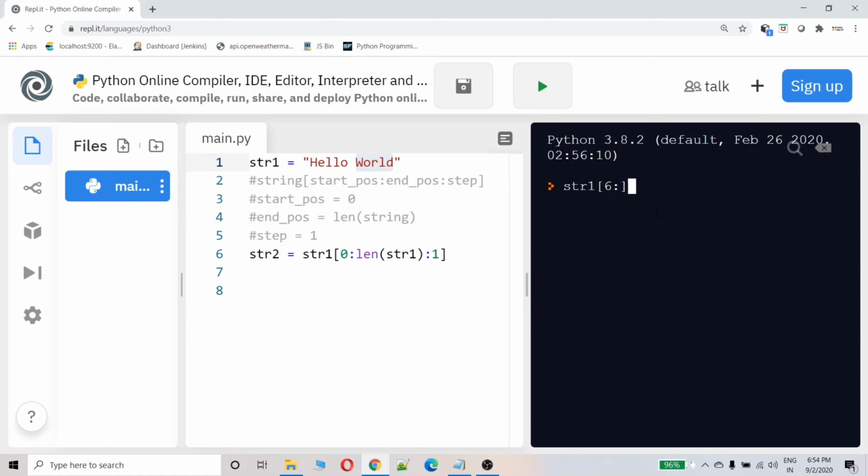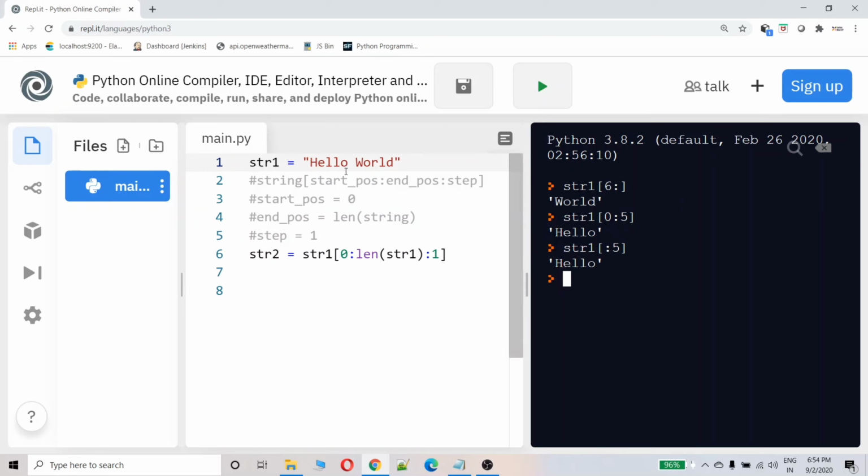And this is enough, because we don't have anything after world, so we can print like this. And in my previous example I had given it like this, right? I don't need to write like this. I can simply type :5. That is enough, because this is the default value.